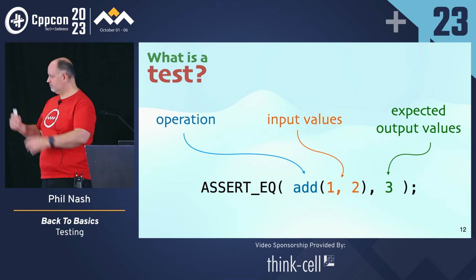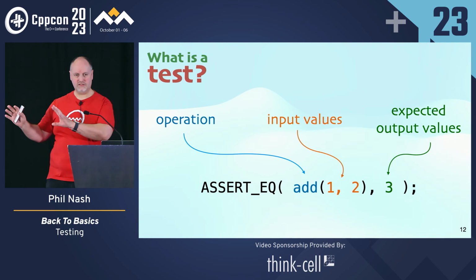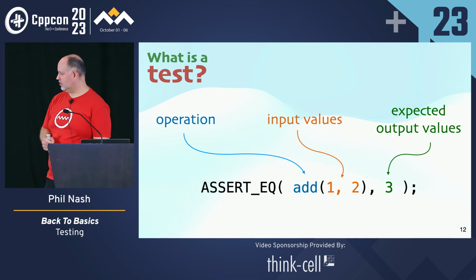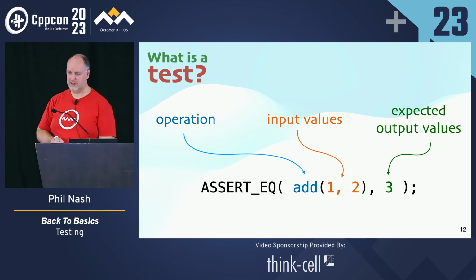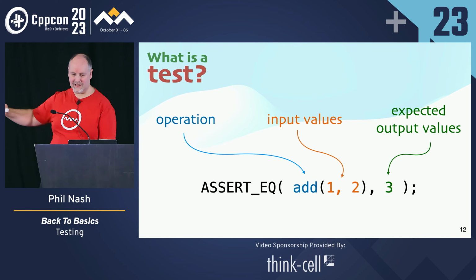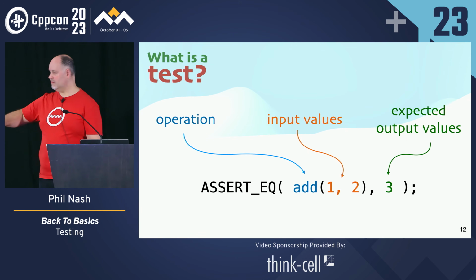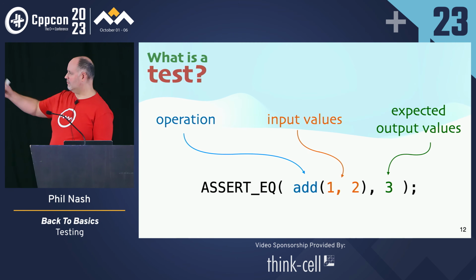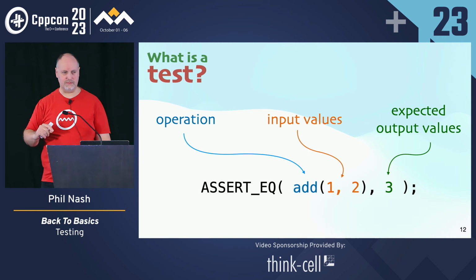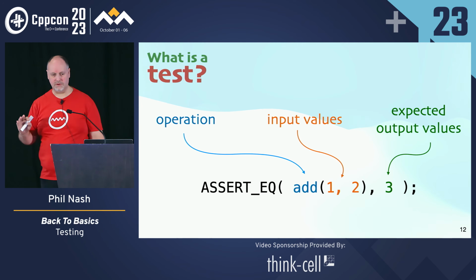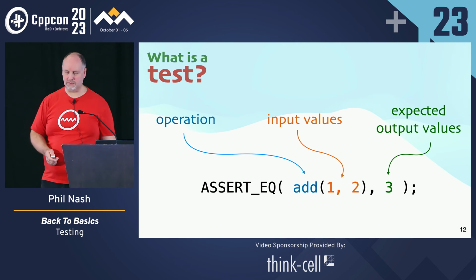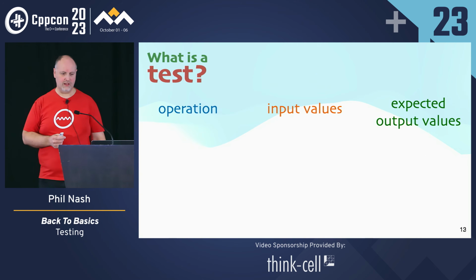And we can map that over a typical test framework assertion. So here, ASSERT_EQ, assert equals, is the macro. But then our operation is a call to this function called add. We give it a couple of arguments, so they're our input values. And then we have our expected output value, the thing we're testing against, as the second argument to the macro. Again, nothing terribly surprising yet. But now we've got this sort of template for what a test really is. We can say, well, that applies to other things as well.